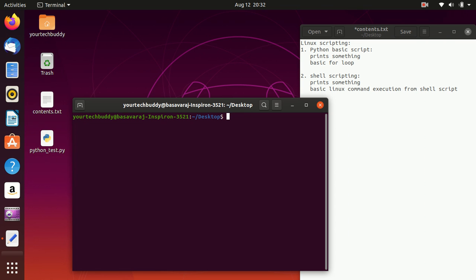Now we'll come to shell scripting. I'll show you how to create a basic shell script and how to execute it. The extension of this file will be .sh, which shows it's a shell script.